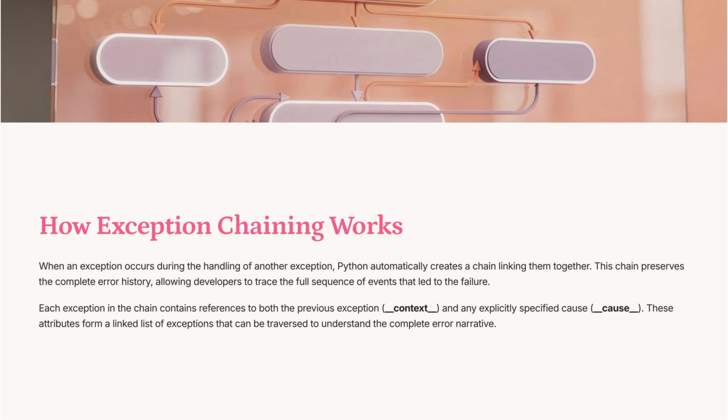Exception chaining in Python links exceptions occurring during error handling, preserving the complete error history. Each exception references the previous one via the __context__ attribute, and any explicitly specified cause via the __cause__ attribute. This forms a linked list, enabling developers to trace the full sequence of events leading to a